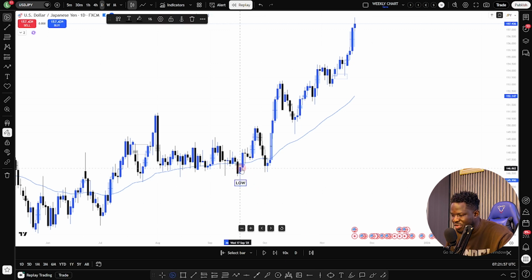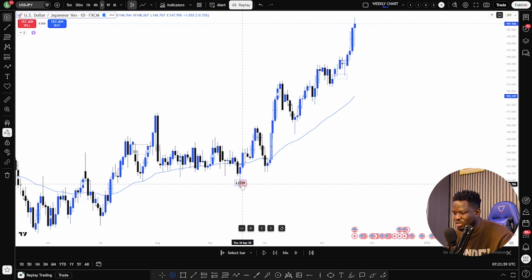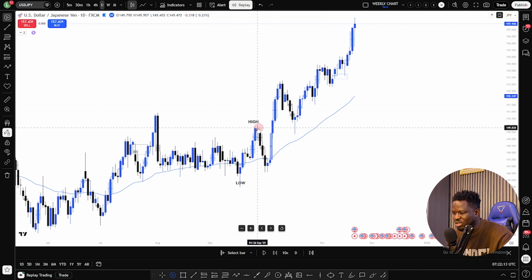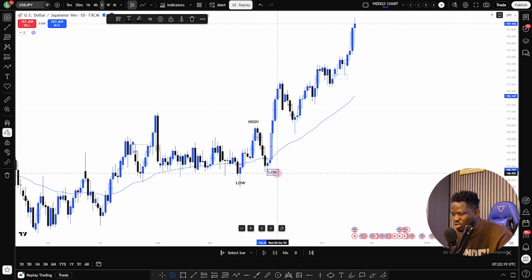From here, price gave us an expansion phase to form what we call high. If we are starting the bullish trend or bullish market from this low here, then from this high, the price now gave us a retracement phase or a pullback phase to give us a new low around this place. So we are not going to call it low, we'll call it higher low, because this low is higher than